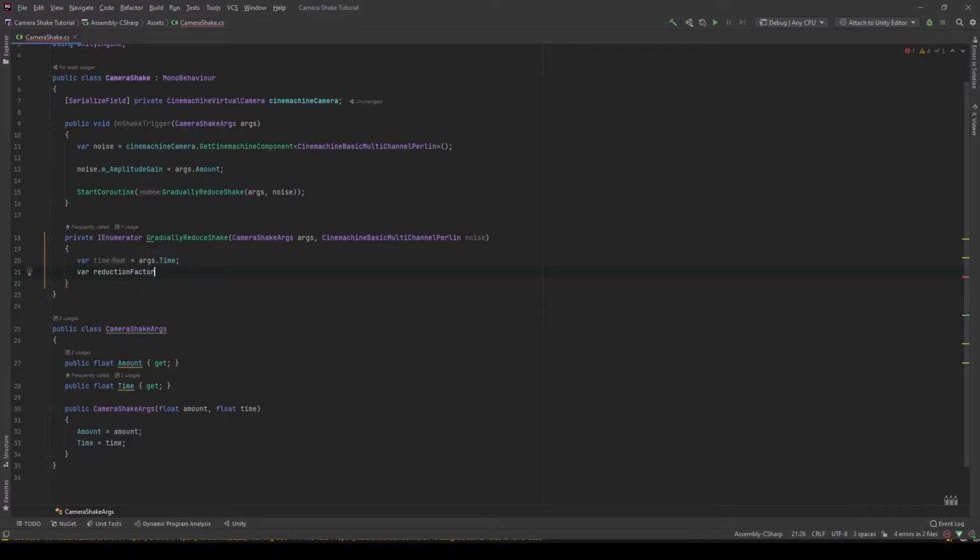But I think this looks a bit abrupt, so I prefer to reduce the amplitude gradually. Let's create a var time equal to CameraShakeArgs.time, add another variable reductionFactor equal to amplitude divided by time,